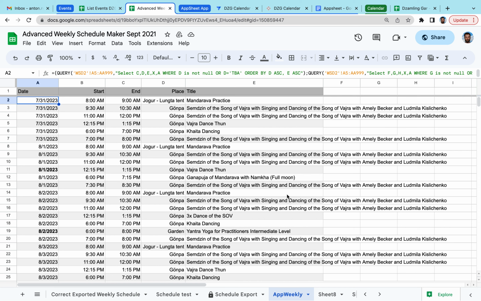And for the person who will manage this, it's only about having one additional tab where to copy the schedule. And maybe we don't need to post it in the WhatsApp group, for example, or on Facebook.